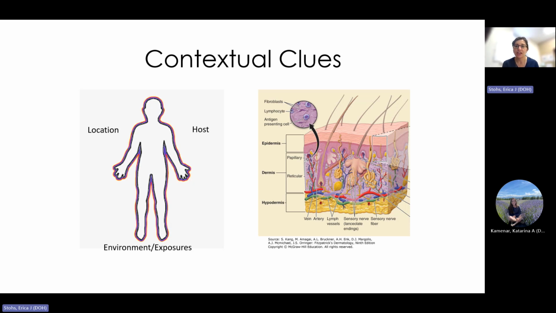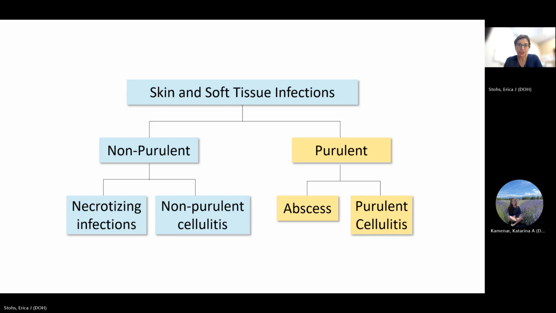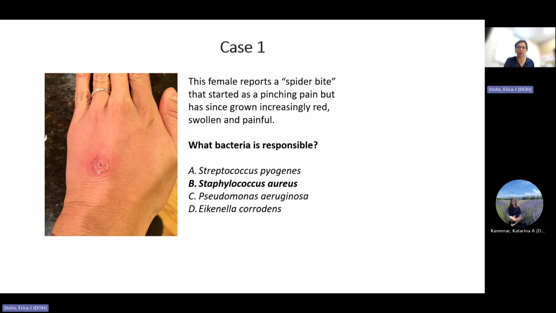And when we say cellulitis, we kind of say that's skin in general, but the layer of the skin makes a difference too. And that's how we ultimately categorize some of the cellulitis diagnoses. So if we talk about purulent or pus-forming infections first, this can be subdivided into a singular abscess, or one big pus pocket, or purulent cellulitis, where it's not all just one pocket. So let's look at an example.